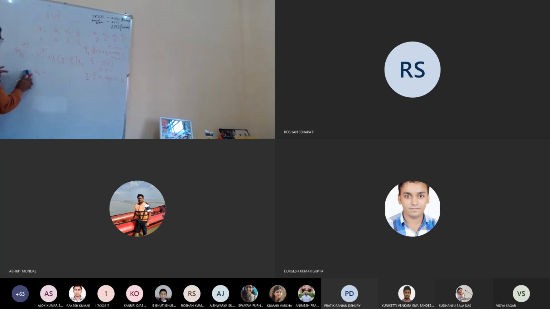So for training sample 1, this is the j feature, so W0 will be the old value, which was 0, plus lambda, which was considered as 0.1, into the error, minus 2. So W0 will be minus 0.2.